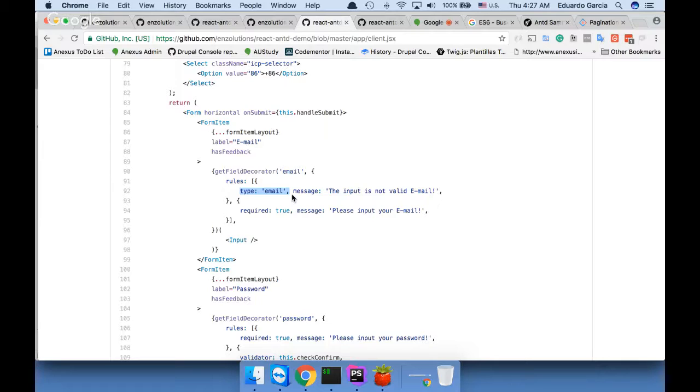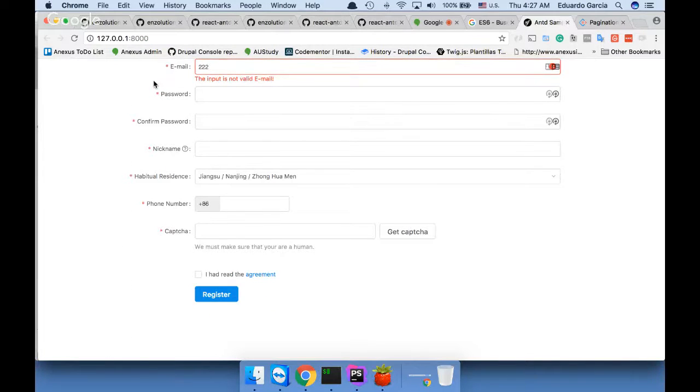Like in this simple case, validating an email. This is a really simple task in Symfony, a really simple task in Drupal. But if you are going to migrate to JavaScript, it's a time-consuming task. I'm not saying it's difficult, but if you need to create everything from scratch, it's really time-consuming. So the idea is using components that are prepared for everything, and not just the validation, because you see immediately